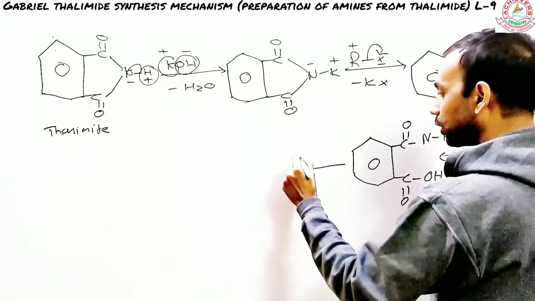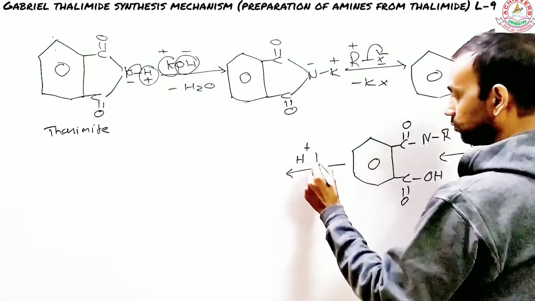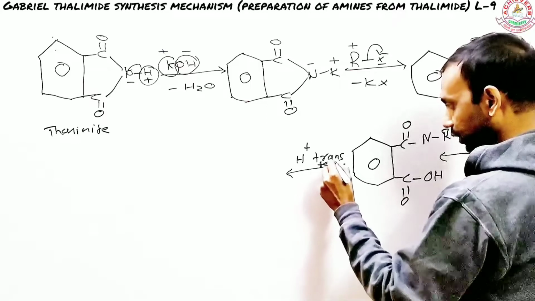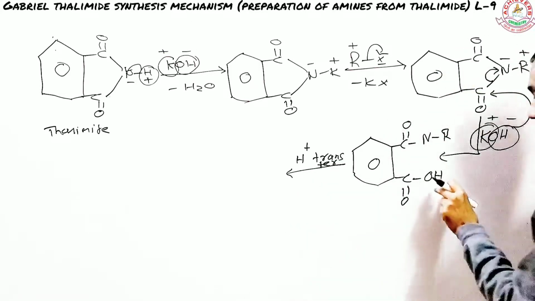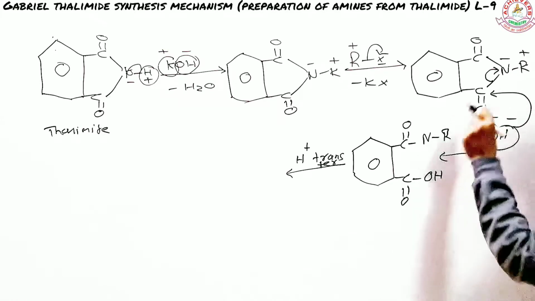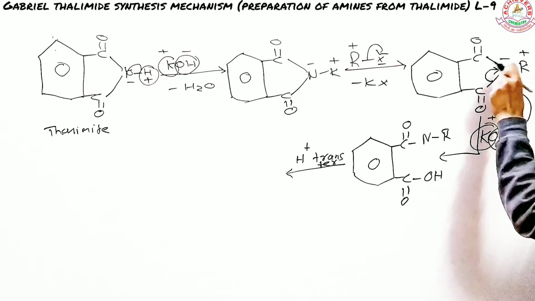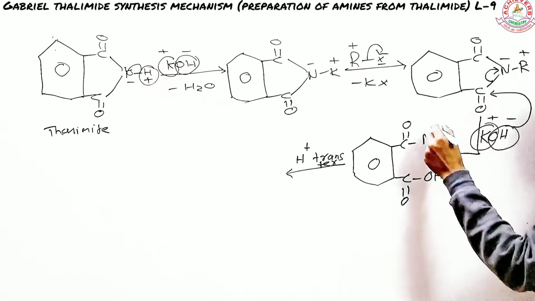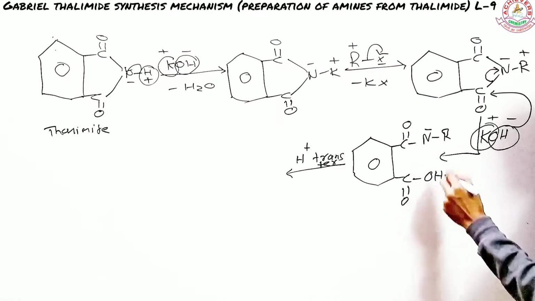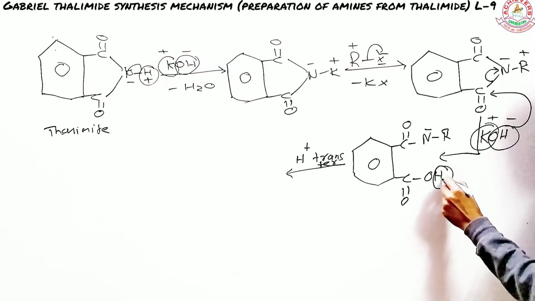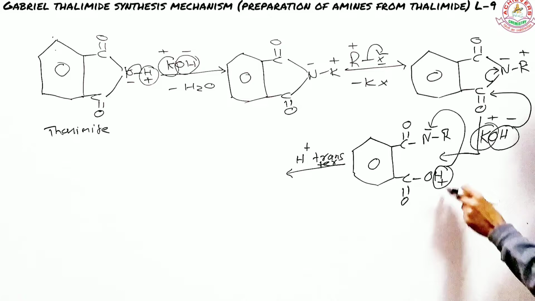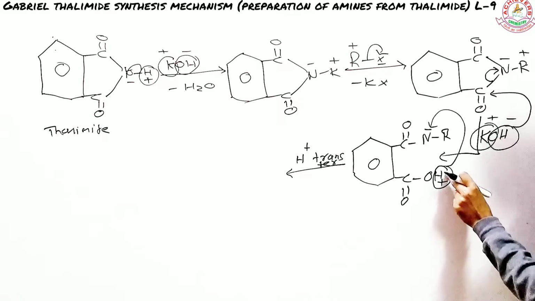In the next step, there is a proton transfer. I hope you do understand. What does proton transfer mean? It means, just focus here. Nitrogen, since it received the electrons, will definitely have a negative charge here. Now, in order to stabilize the nitrogen, the hydrogen from here, as a positive charge, will move towards the nitrogen. And as a result, K will substitute the hydrogen.